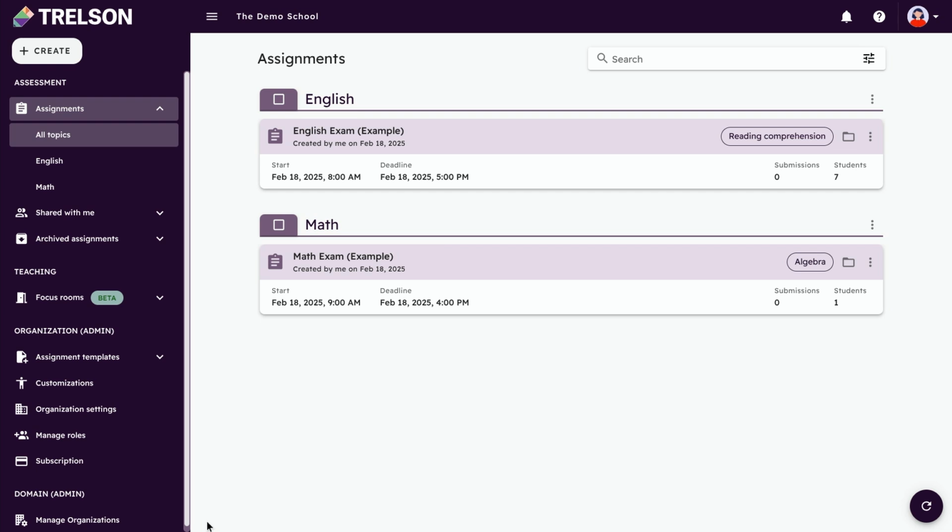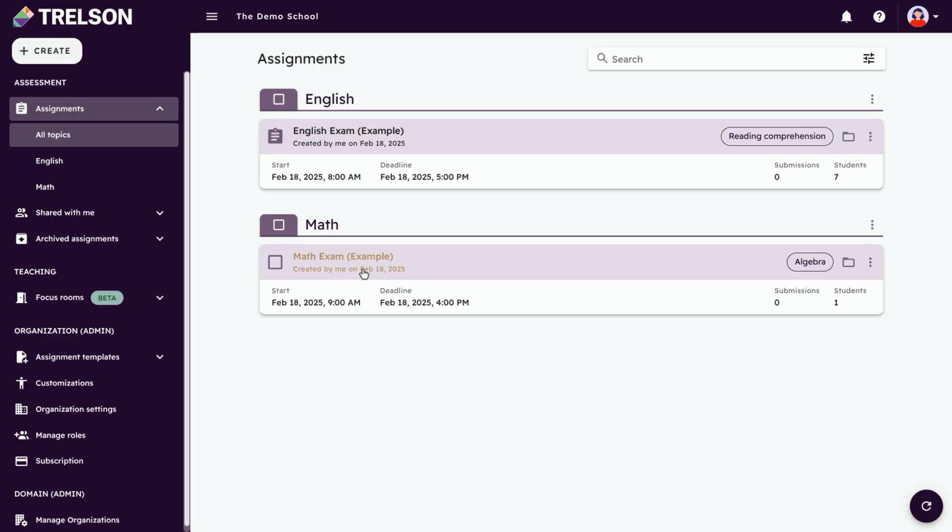First off, I thought that I would show you how exams work in Trellson, and we'll start off by looking at the teacher perspective. So what you can see on my screen here is the teacher being logged into Trellson, and you can see that I have two already pre-prepared exams here, and we will only look at one of them, because in this demo I won't deep dive into anything. I will just show you the value of Trellson in a basic overview.